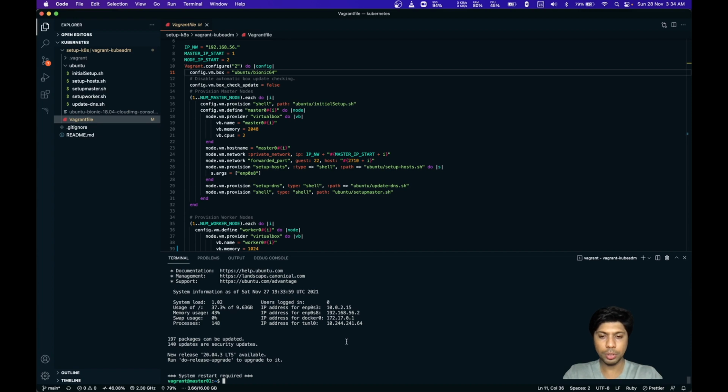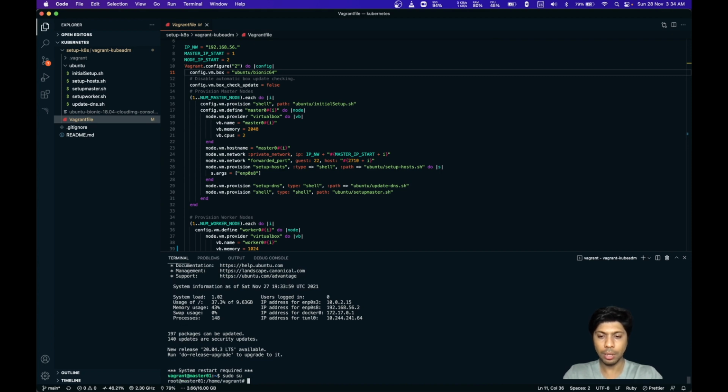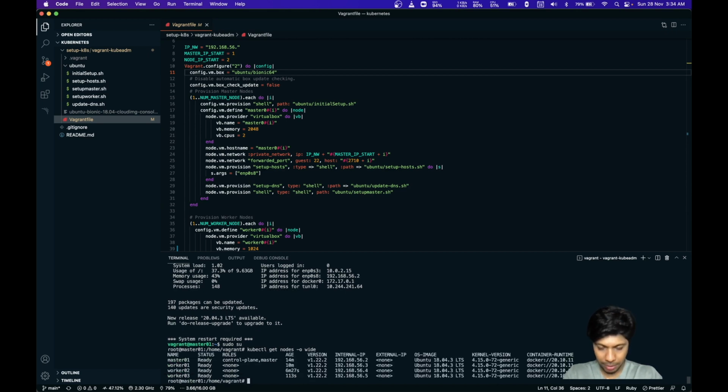To check the status of the machine, we need to go to the root user, sudo su, and then kubectl get nodes -o wide. So this command will show the status of all the nodes.